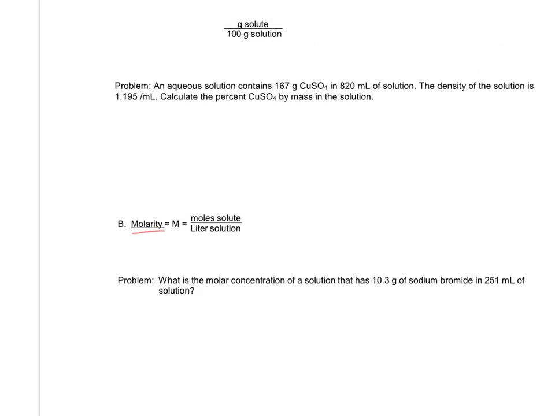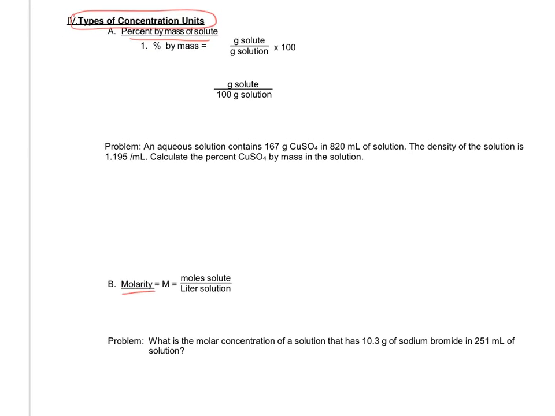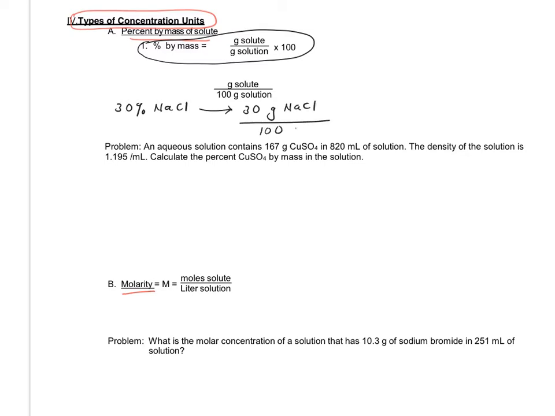So we're going to go through each of these and do some example problems with each of these different types of units. The first is the percent by mass. And percent by mass is the grams of solute over the grams of solution times 100%. So if I have a 30% sodium chloride solution, this can also be interpreted as 30 grams of sodium chloride solid over 100 grams of sodium chloride solution